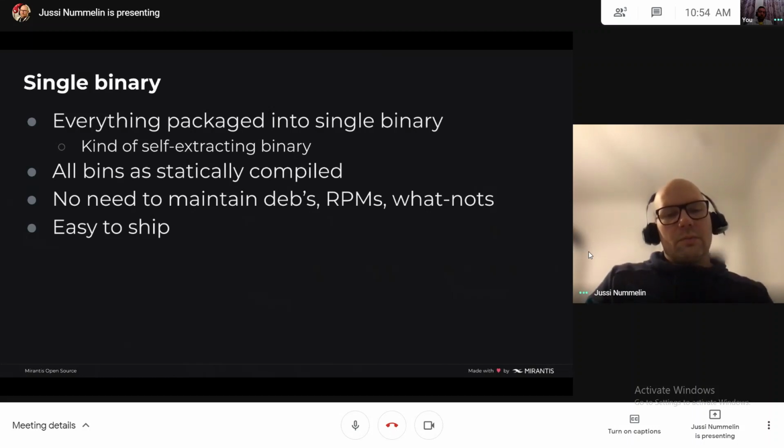So in the end, we have a single binary that's easy to ship around. If you want to set up your cluster, just dump this single binary onto all of the nodes and you're ready to go.